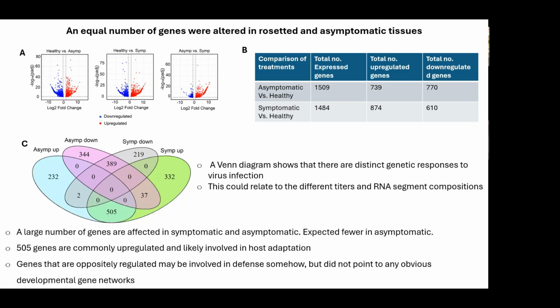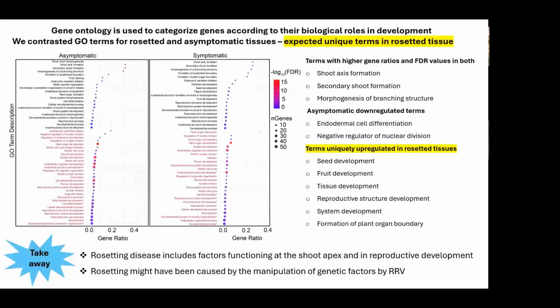So that's why we went ahead to analyze the function of all the genes in this group. From there, we looked at the gene ontology so that we can categorize according to the biological roles involved in development for all these genes in our data set. And then we contrasted the GO terms in asymptomatic and symptomatic. What we expected was to have unique terms in the symptomatic